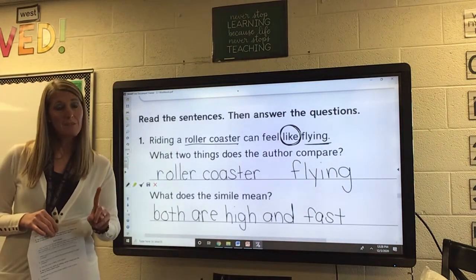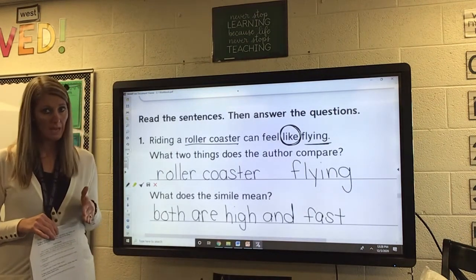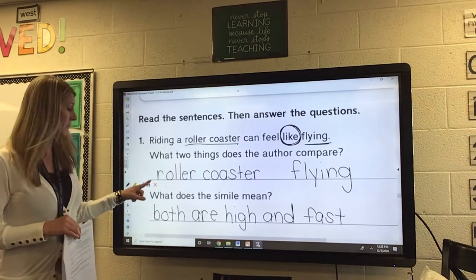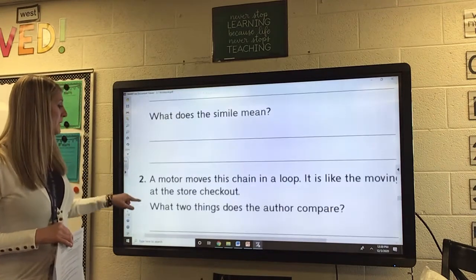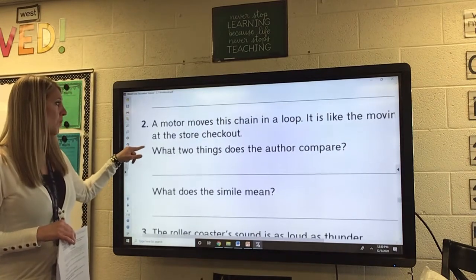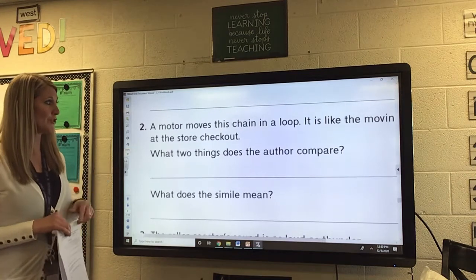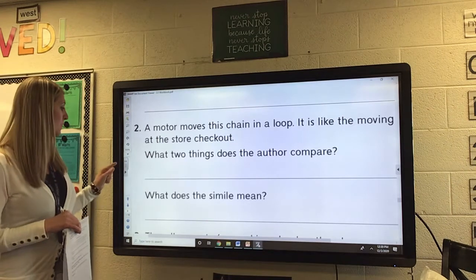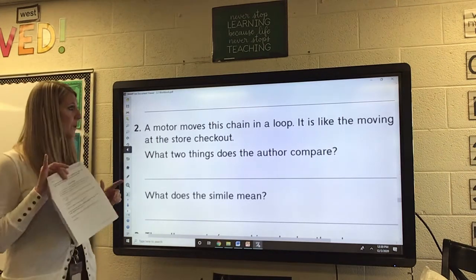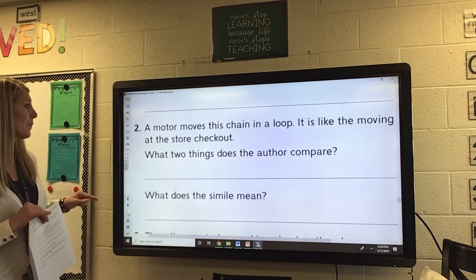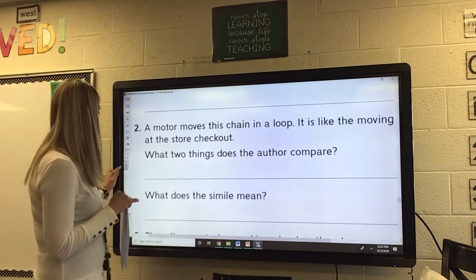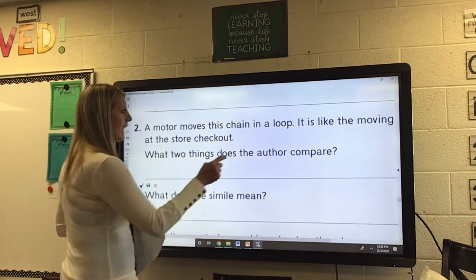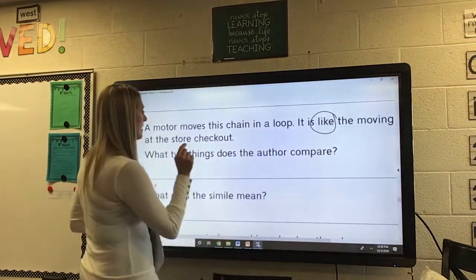Okay, if you need to stop and pause the video to catch up on your writing, please do that. Mrs. Murphy's going to go on so that you can unpause it when you're ready to go on. Number 2 says, a motor moves this chain in a loop. It is like moving at the store checkout. So right away, I see the word like. So I know I'm comparing two things here. I am comparing